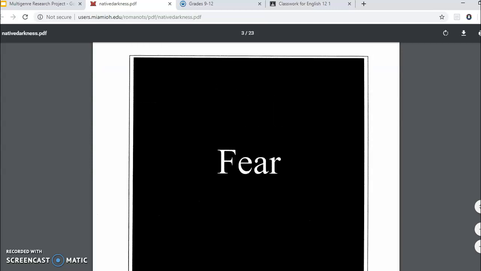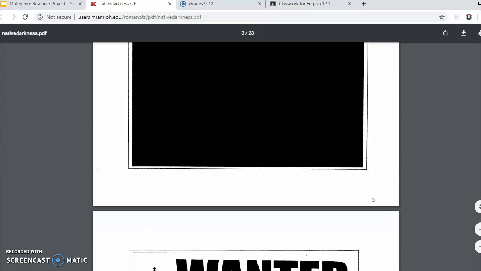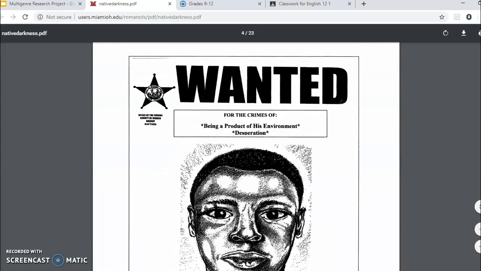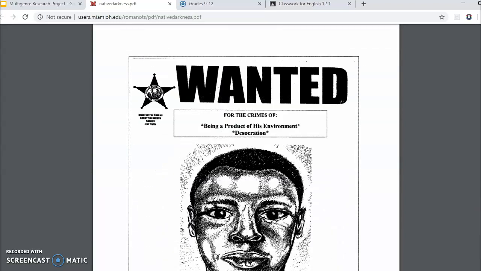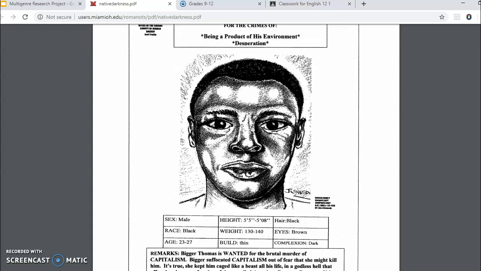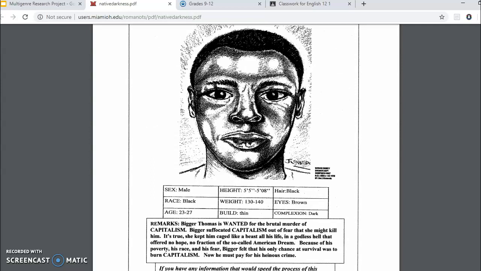And they also have a thing called, you don't even have to know the name of it right now, but a series of images or words or ideas that link it together. So he starts off with fear. Then he starts with his first genre, which is a wanted poster. So you have the Dear Reader letter, but then what comes next is not your introduction or another body paragraph, but he's presenting information from his research in a different genre. In this case, he has the main character, and he's telling his reader about it in the form of a wanted poster.